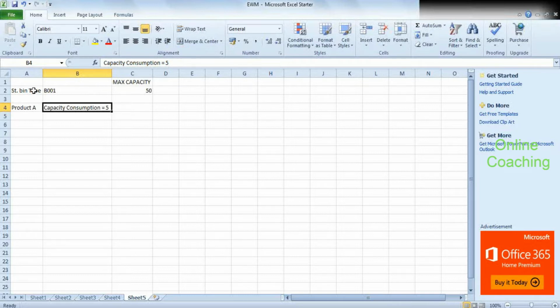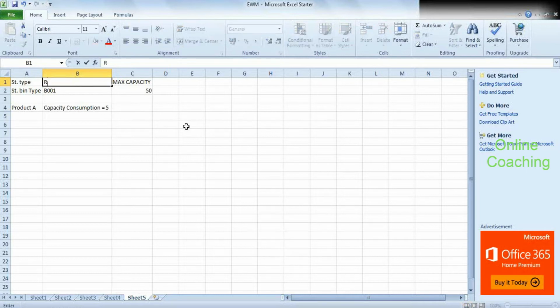Now, let's say this is the storage type, and this bin type is assigned to the storage type. At the storage type level, we've said that we are going to do a capacity check according to the key figure product. Which means it is not the number of HUs that I receive, it is the number of products. Based on the capacity consumption that I maintain at the product master, if I maintain the capacity consumption of that product as 5,